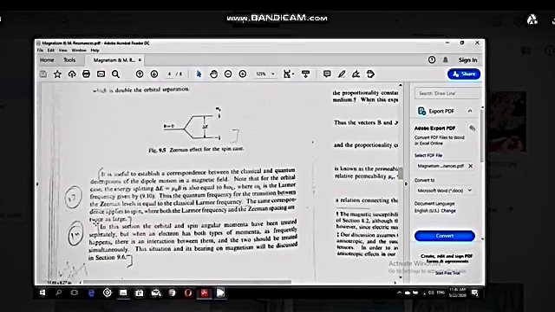It is useful to establish a correspondence between the classical and quantum descriptions of the dipole motion in a magnetic